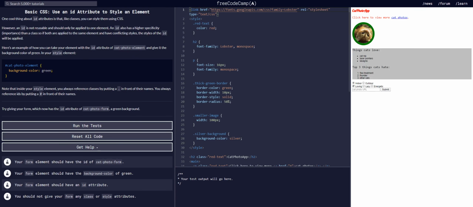Cool. One cool thing about ID attributes is that, like classes, you can style them using CSS. However, an ID is not reusable and should only be applied to one element. An ID also has a higher specificity than a class. So if both are applied to the same element and have conflicting styles, the styles of a